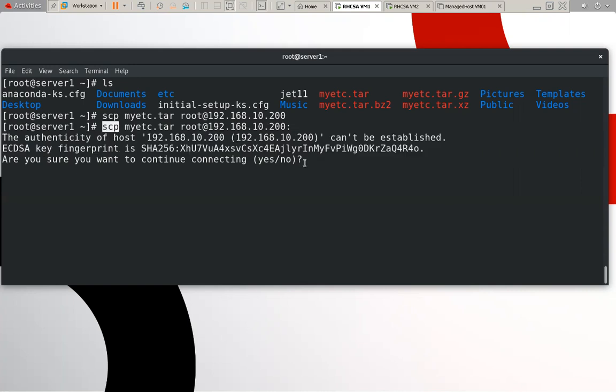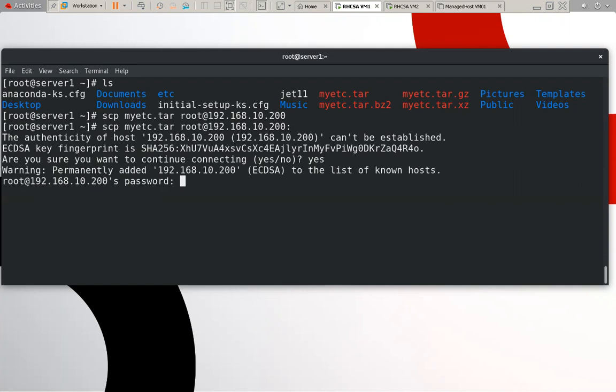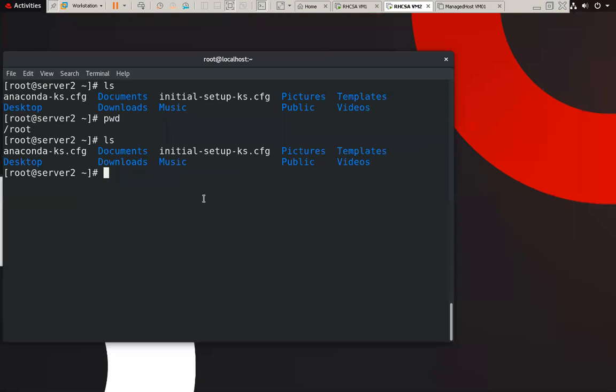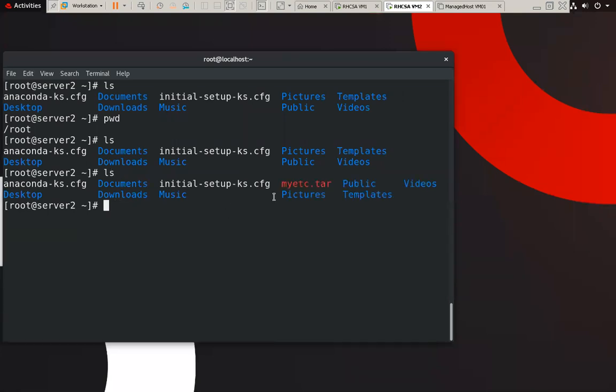Now you can check, because this is my first scp command, it will check the fingerprint when we communicate for the first time, and then give the password. So I will provide the password. Now this particular file will be moved from this machine to this one. Now you can check ls, so my data is available here.